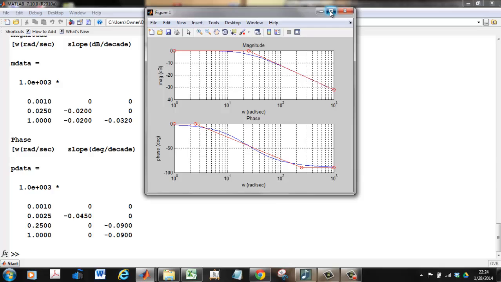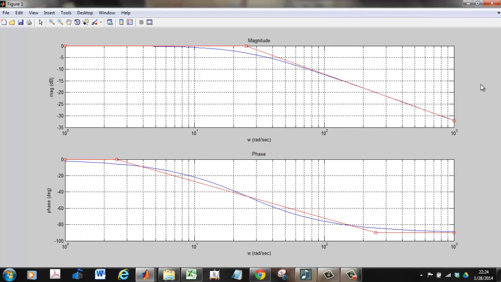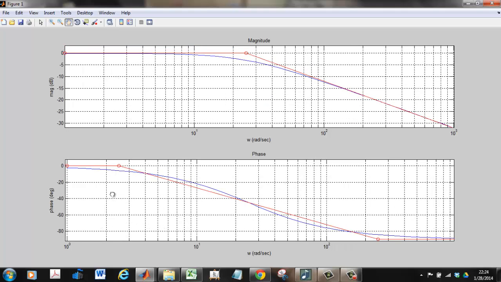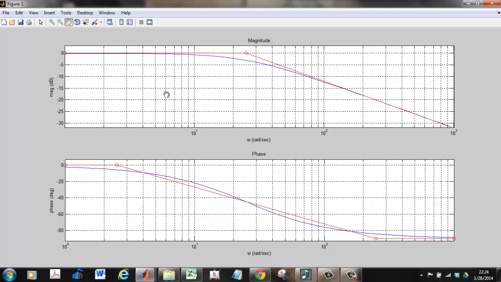We can see from the figure that this gives us the asymptotic approximation to the Bode plot. The actual Bode plot is blue, and the asymptotic approximation is red, both for the gain and